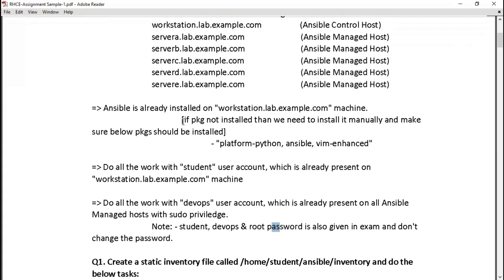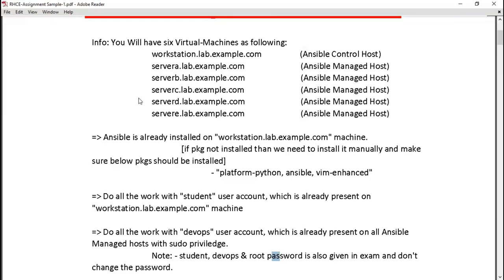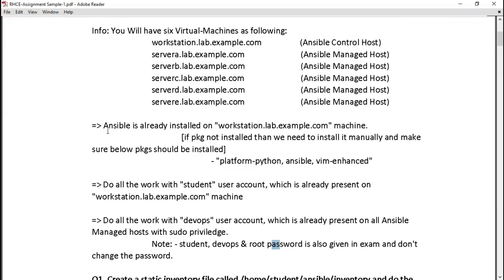So these are some instructions you need to go through before starting your examination. Right? Again, this is some kind of instruction. It could be possible that your Ansible package is not installed, so you need to install that package as well. Mostly it is already installed, but in case it is not, then you need to install Ansible-core and Ansible-Navigator. Or any packages you require, you can install those.